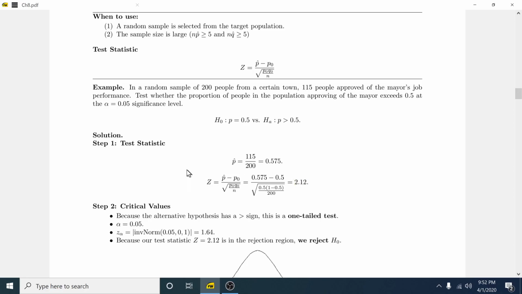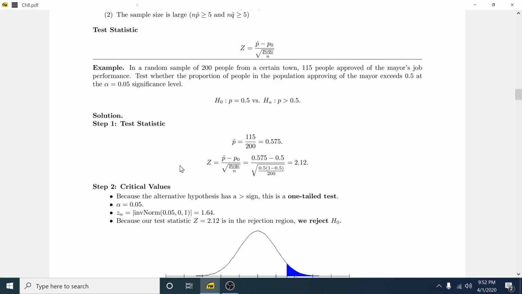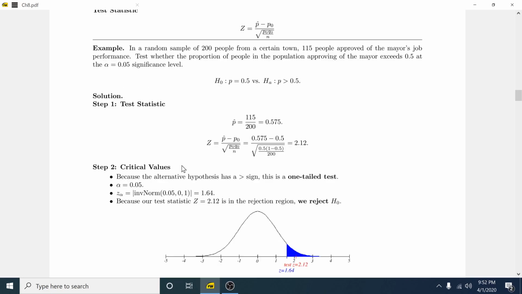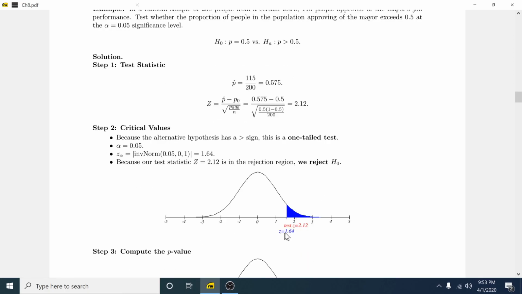Okay, let's look at our critical value. And at this point, this should start to become pretty much smooth sailing. We've already done this a few times. It's pretty clear what we're going to do. Our alternative hypothesis has a greater than sign. That means this is a one-tailed test. Our alpha is 0.05. We do not divide that by 2. This is a z statistic, so we do inverse norm. We, again, don't divide by 2. We end up getting 1.64 as our critical value. You can see that in the picture here. Our test statistic is 2.12, so that does land us in this critical region,